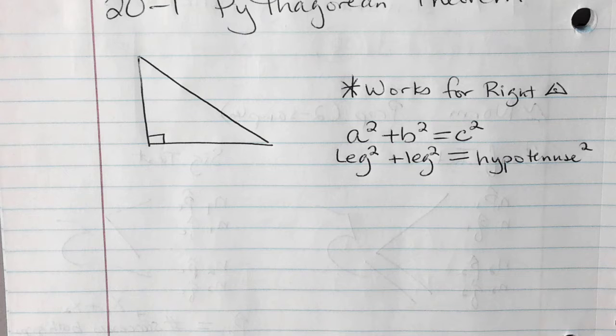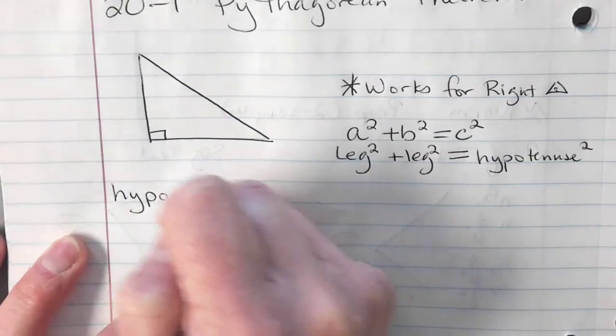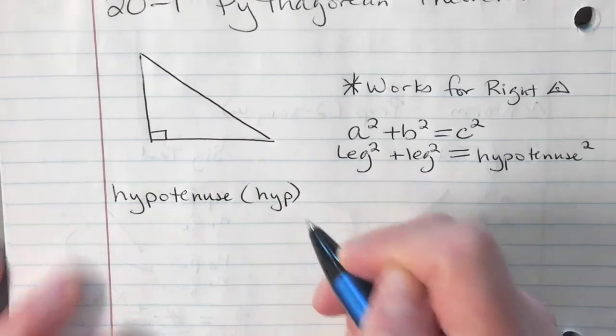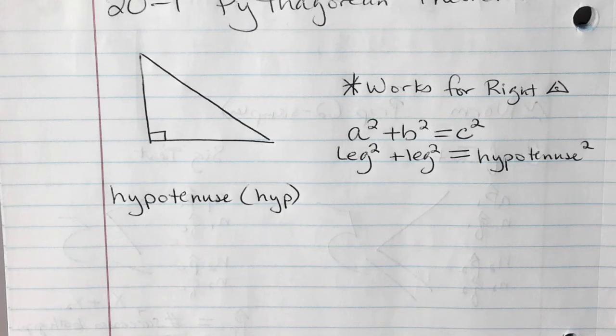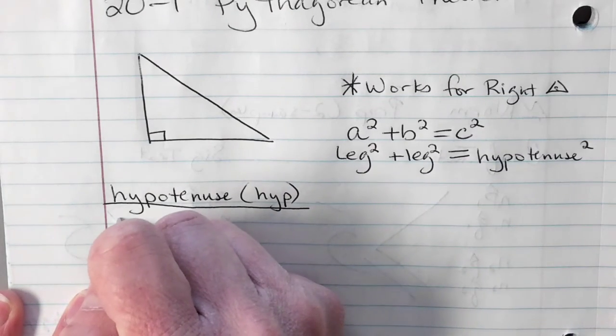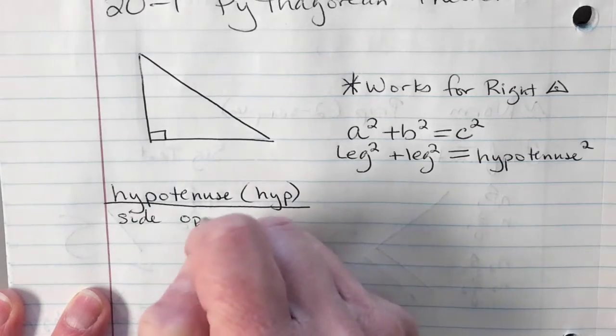Do you guys know what the word hypotenuse means when we're talking about a triangle? Okay. The hypotenuse is going to be the longest side of a right triangle. So let's jot down a little bit about this hypotenuse word. And from here on out, I'm going to abbreviate that as HYP, because nobody wants to write that 1,000 more times. So the hypotenuse is going to be the side opposite